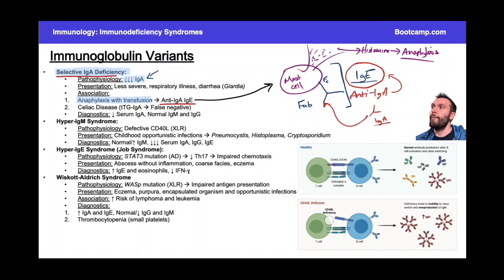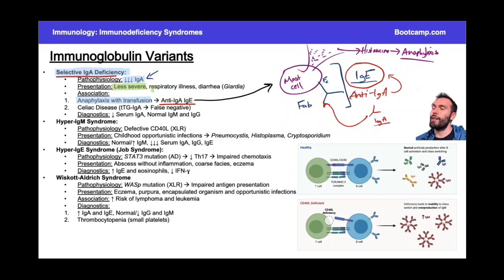So again, if you have a board question, they transfuse a patient, they go into anaphylactic shock. There's a lot of different transfusion reactions. This is the classic one that you want to think about in that scenario, when you have an immediate reaction. Now that's pretty severe, but if we're just talking about illnesses that can come from this, the illnesses in and of themselves are not so severe, okay? The anaphylaxis obviously is very severe if we transfuse this patient blood with IgA antibodies,